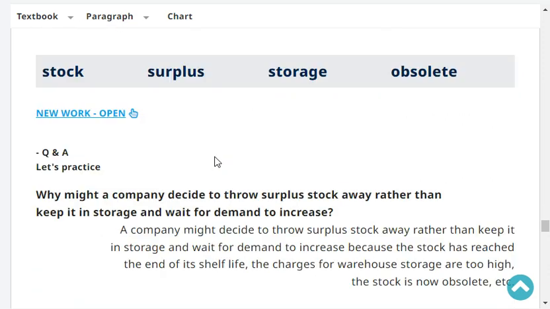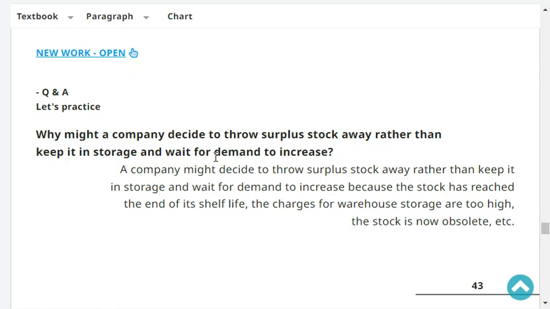Very good. Why might a company decide to throw surplus stocks away rather than keep it in storage and wait for demand to increase? A company might decide to throw surplus stocks away rather than keep it in storage and wait for demand to increase